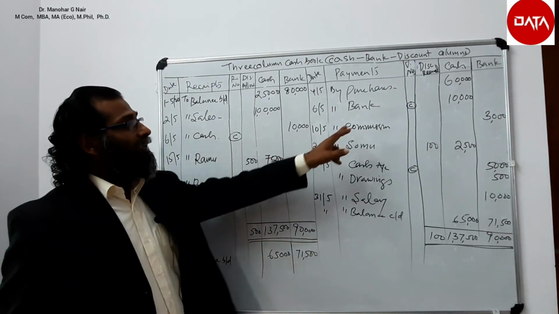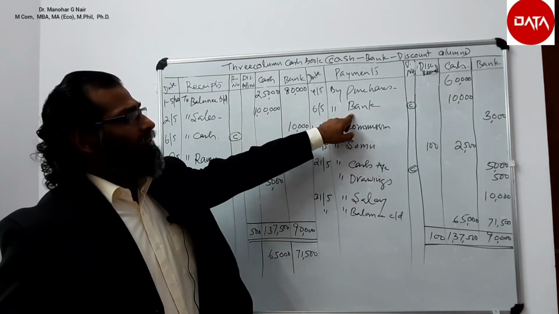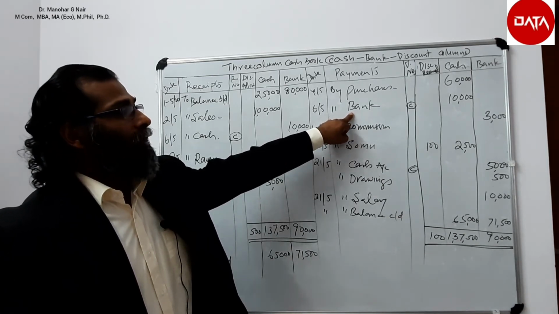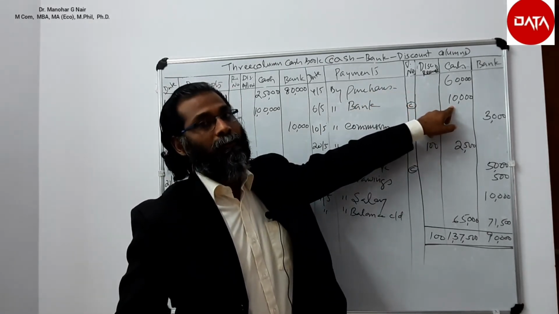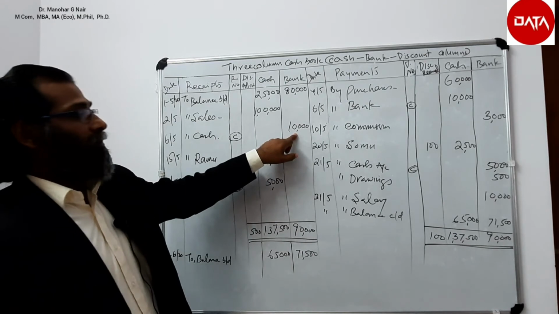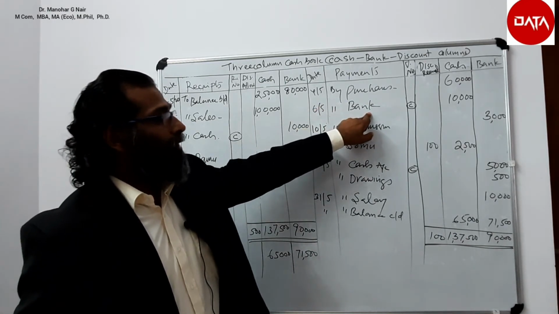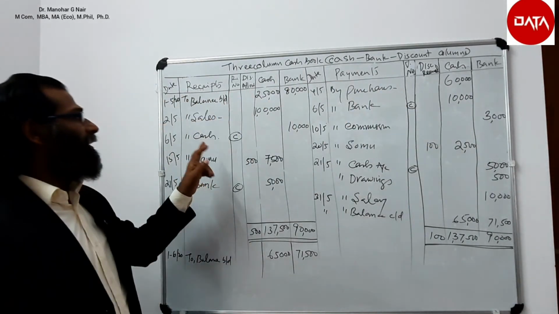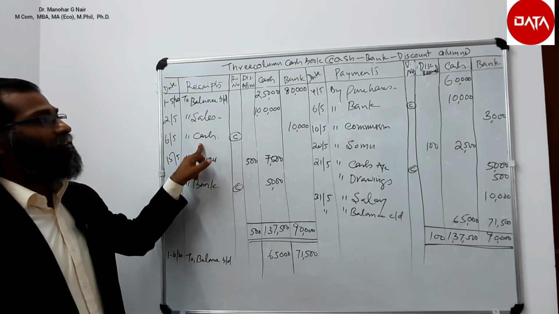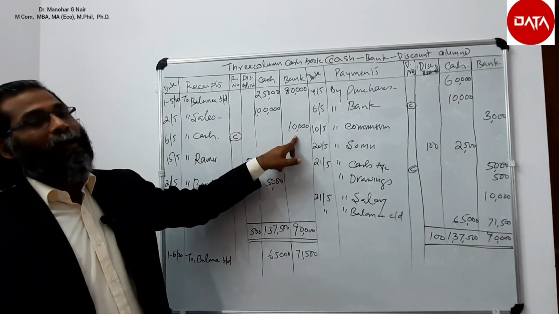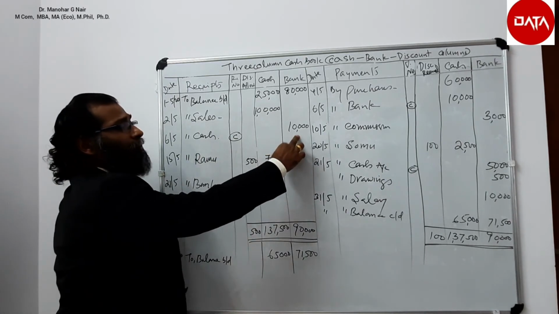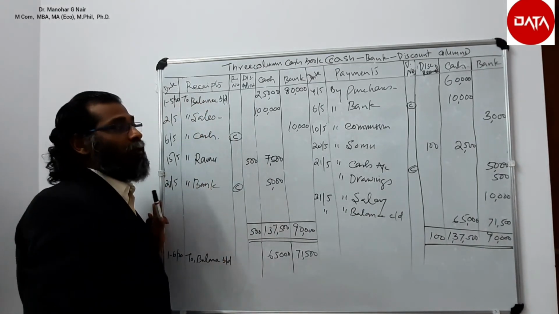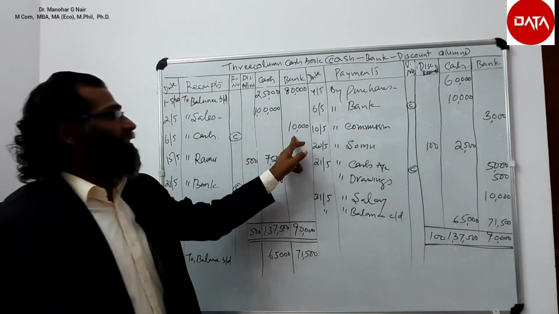For example, here, cash deposited with the bank, this is an example. So cash is going from the cash account and it is a receipt for the bank. So while writing the payment side, we have to write bank and the amount in the cash column. But while writing the receipt side, cash in the particular column and amount in the bank column, because the receipt happened to the bank, payment that is made from the business office. So cash is going out, bank is receiving.